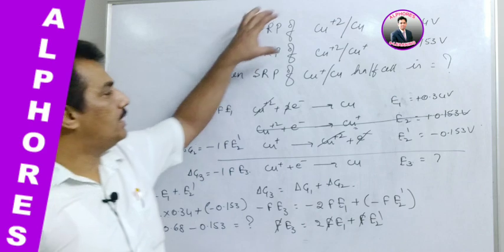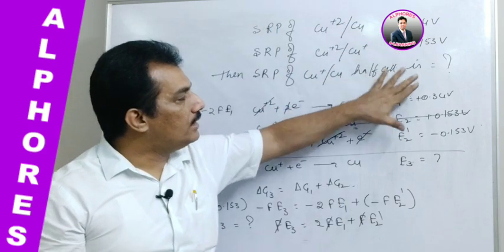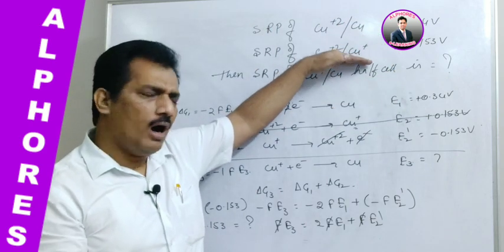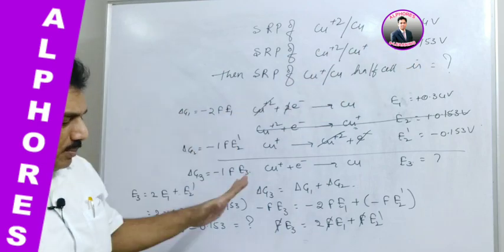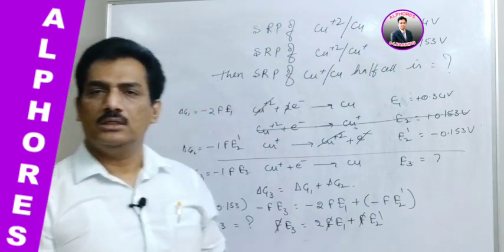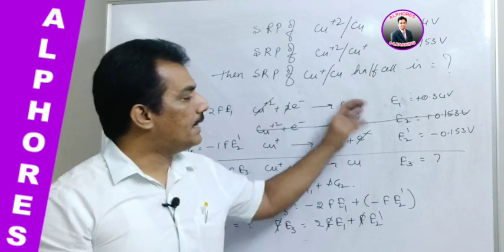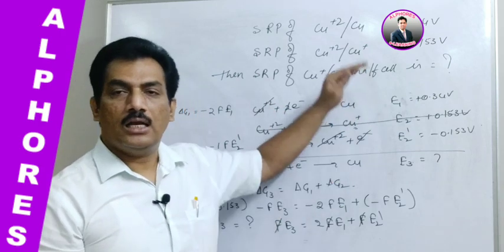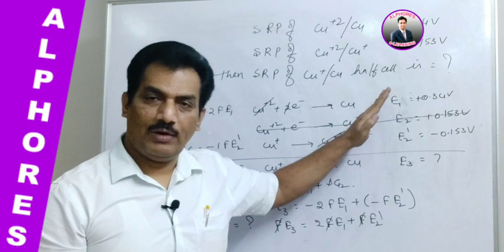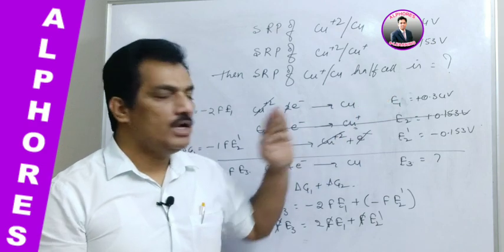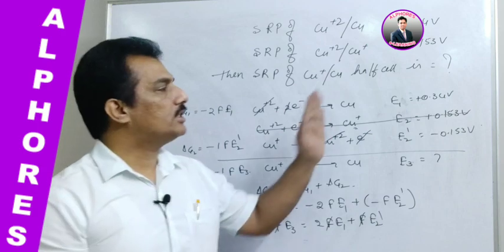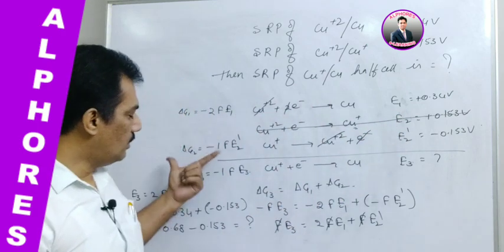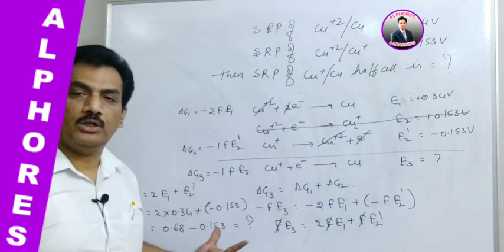Like that, by taking the data provided in a numerical or in terms of x, y, z, you have to consider it. Just remember, the only logic in this case is that we should not directly add the electrode potentials that they provide. Instead, we have to convert them into the thermodynamic parameter delta G. After conversion, we can add them and thereby get the electrode potentials.